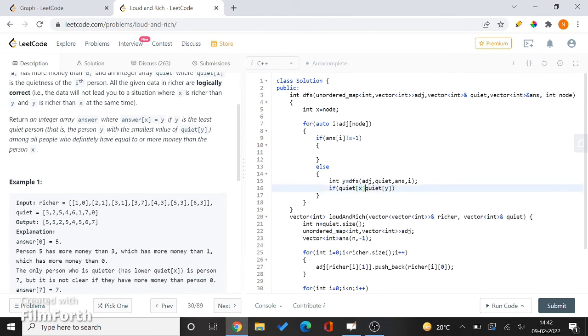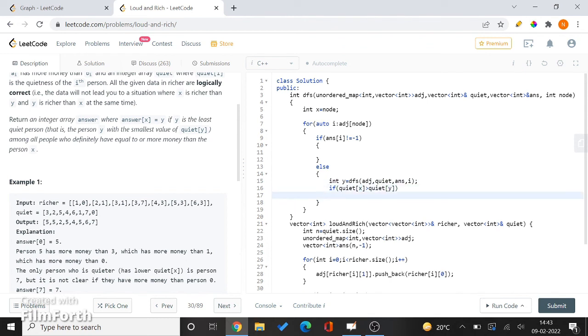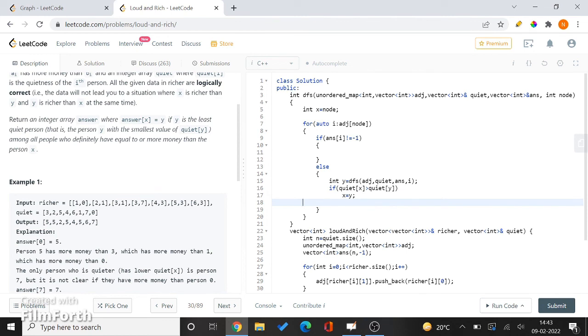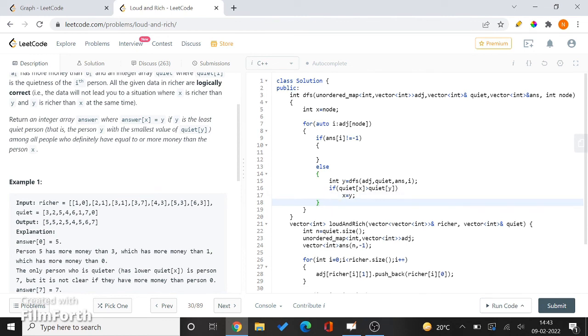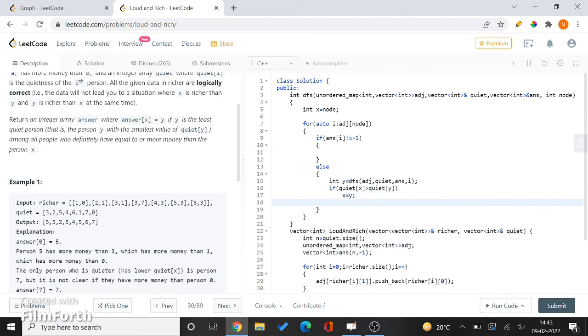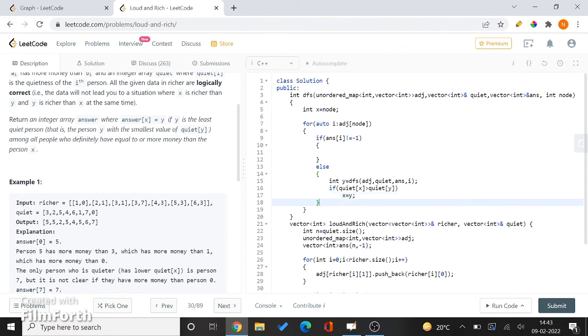So if the quietness value of the current node is greater than the quietness value that is being returned by its neighbor, then we need to do x equals y, because now we need to update it with the node which is going to return the minimum quietness value, right? And we are done with this, and in the end we have to return